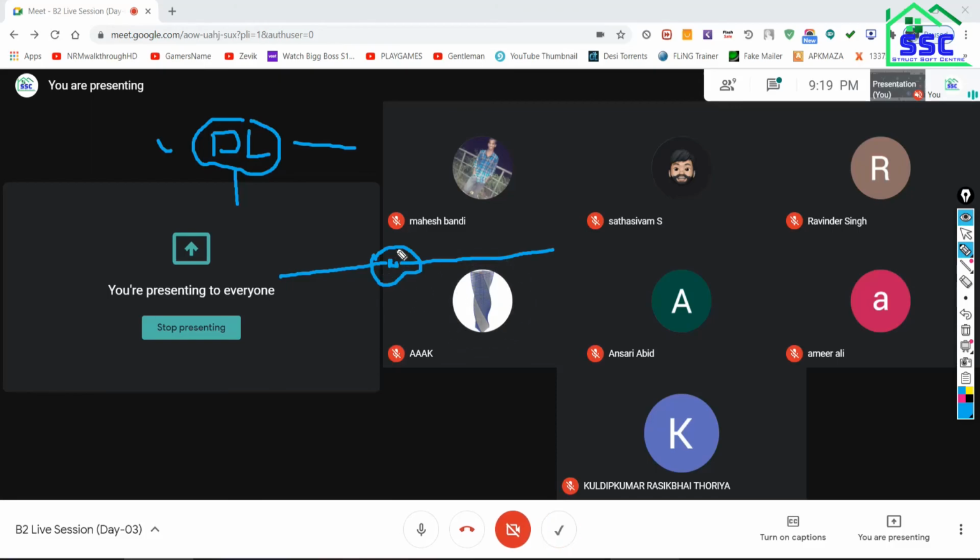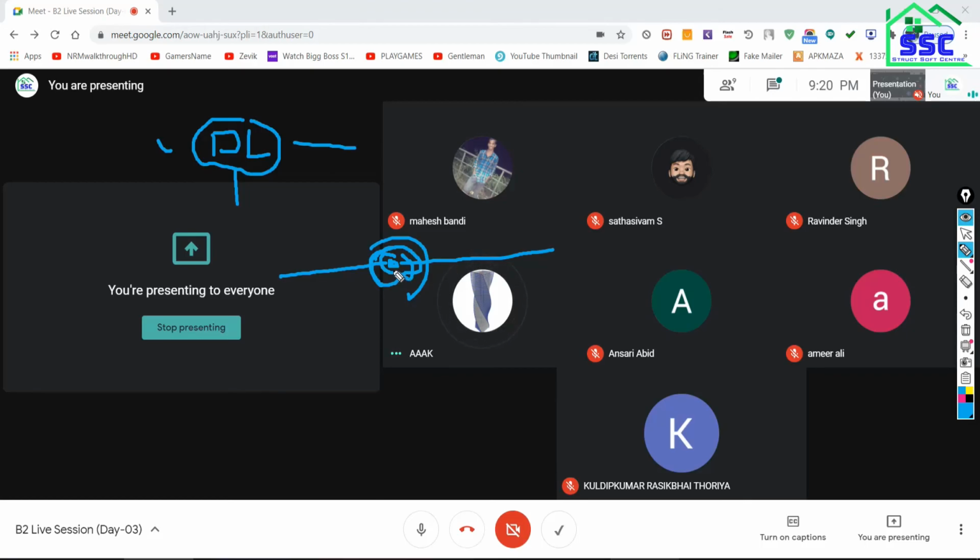ETABS will consider this joint as a rigid joint, and at this joint there will be development of moment. This joint will carry the moment. And our assumption while analyzing the truss is what? Each joint is pin connected. So here moment should be what? Exactly.